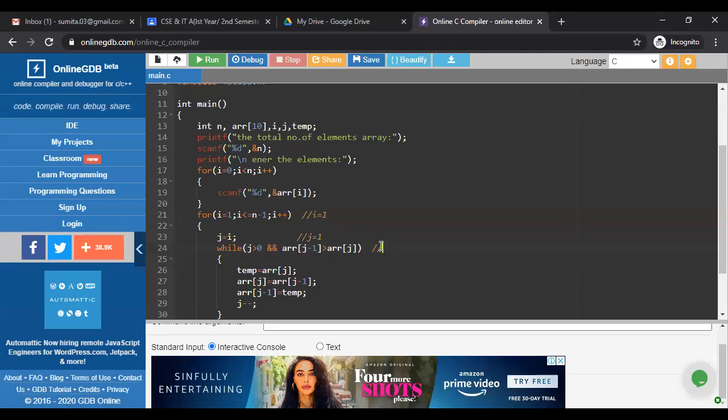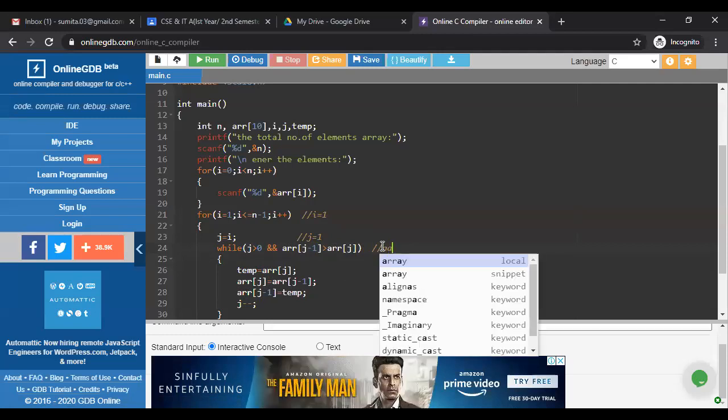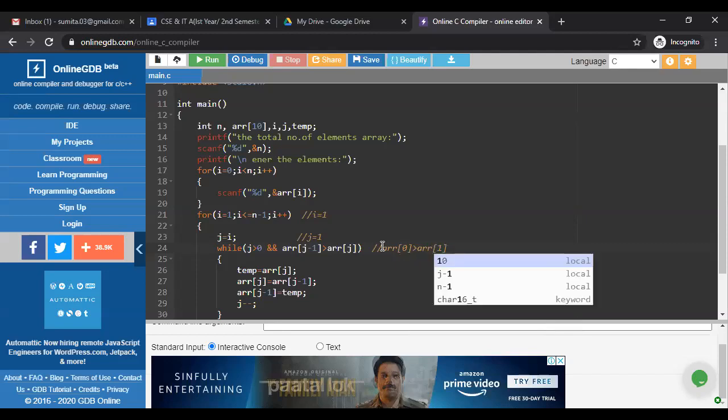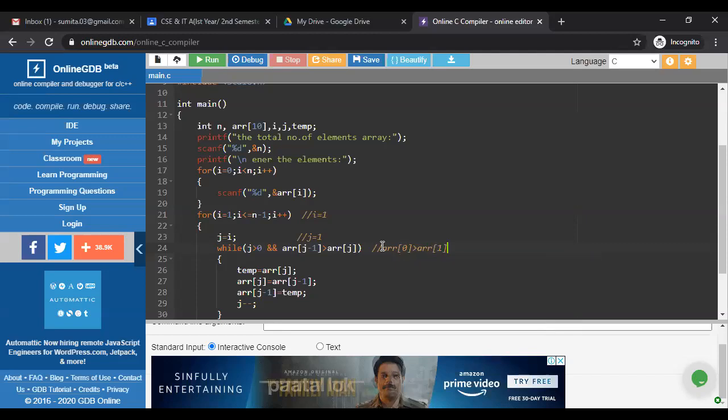The first time my loop is executed, ARR j minus 1, what is the j value? 1. So 1 minus 1, what is the value? 0. So ARR 0 is greater than ARR 1.